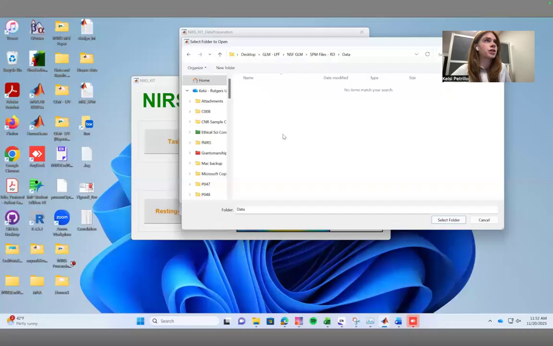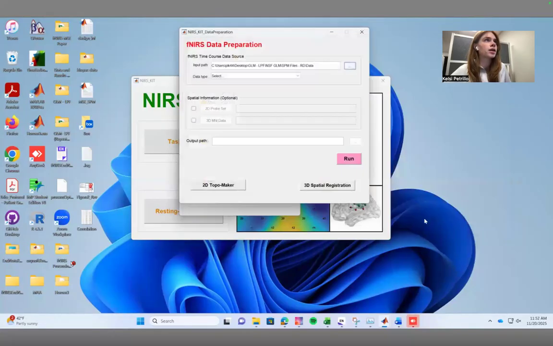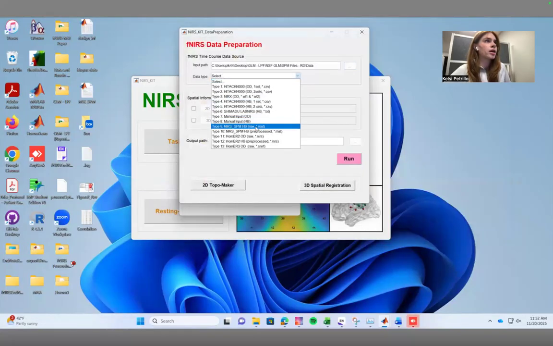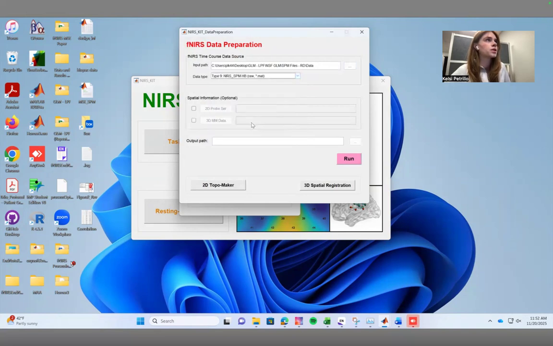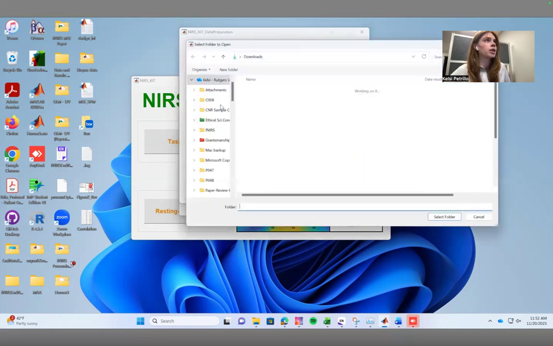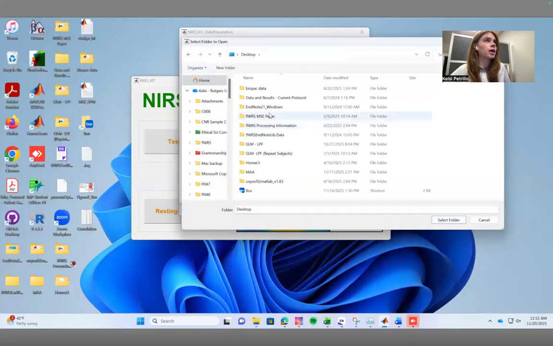As I mentioned, I had originally created this data folder. I'm going to select that. My data type happens to be this number 9 one. It's a NIRS SPM data. It's raw. I haven't done any pre-processing to it. And then I'm going to select my,